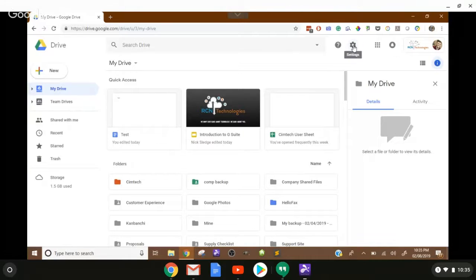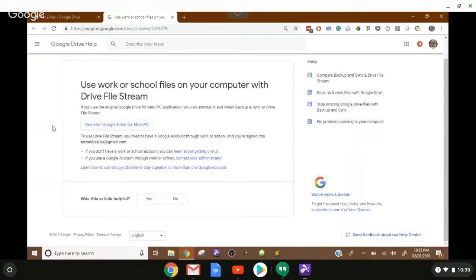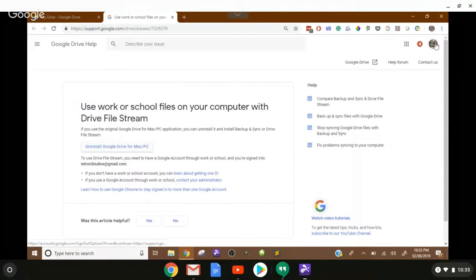So I'm going to go over to the settings icon up here at the top right. I click on that, and I can see there are settings, and there's also an option for Get Drive File Stream for Windows. So I'll go ahead and click on that, and it'll bring up this page. It says use worker or school files on your computer with Drive File Stream. Now I've installed Drive File Stream before, so it doesn't show install, but normally if you've never used it before, you can hit install Google Drive,